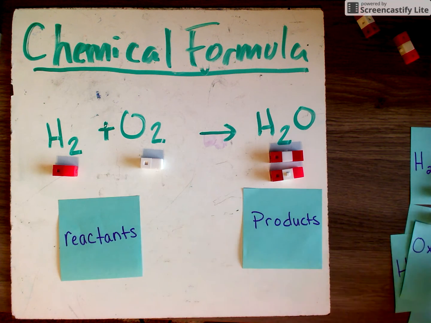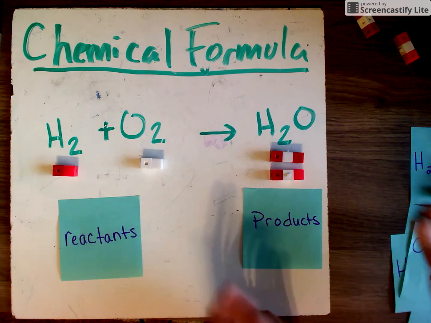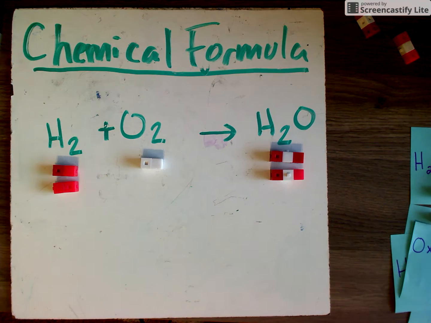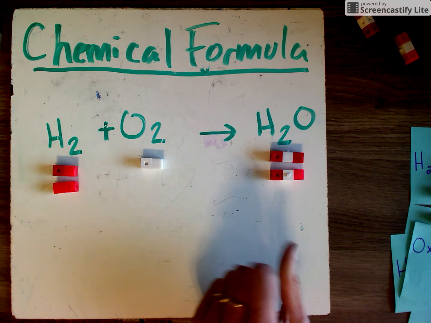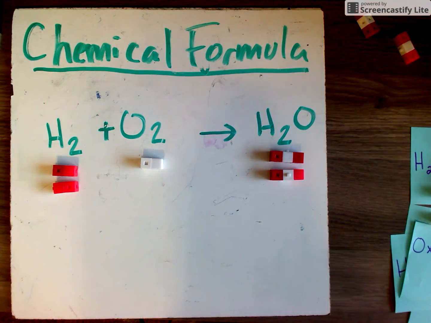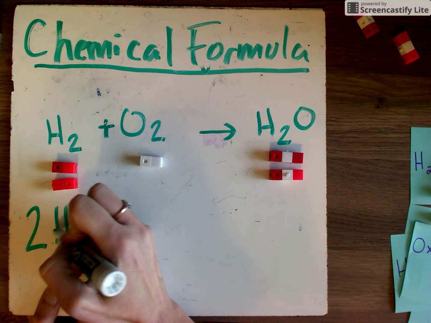Now hydrogen comes in pairs, right? So if we have 2 here and 2 here, this is pretty simple. We just put it right over there. So now it's balanced. We have 1, 2, 3, 4 hydrogen, 1, 2, 3, 4 hydrogen. We have 1, 2 oxygen, and we have 1, 2 oxygen. And the way that we're going to write that is with our coefficients. We have